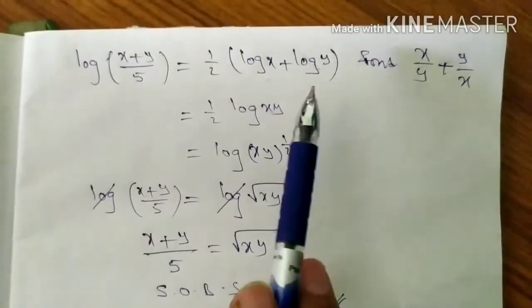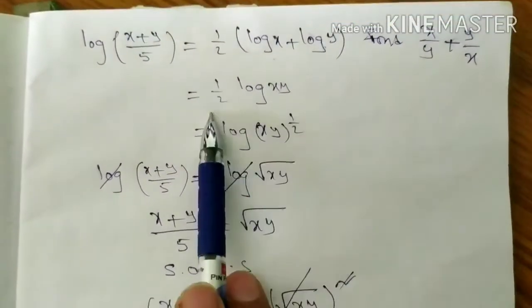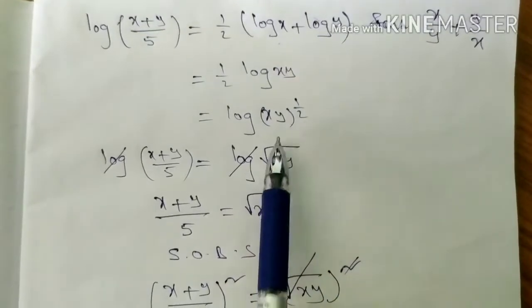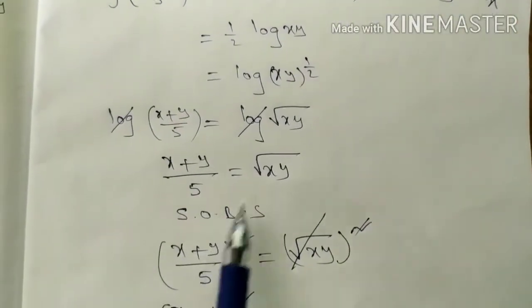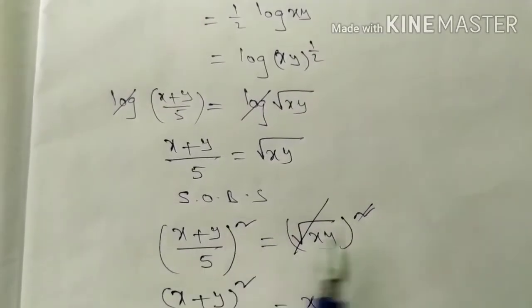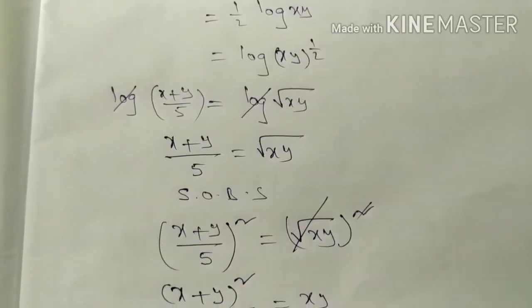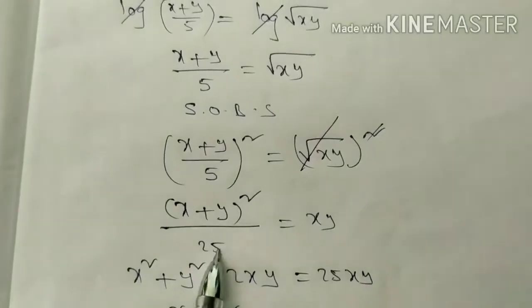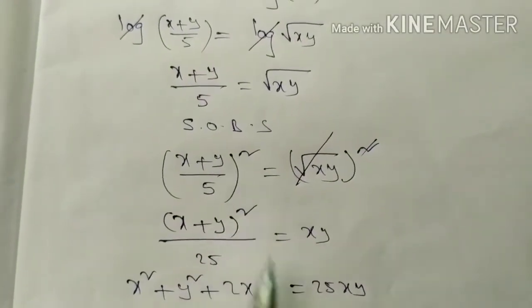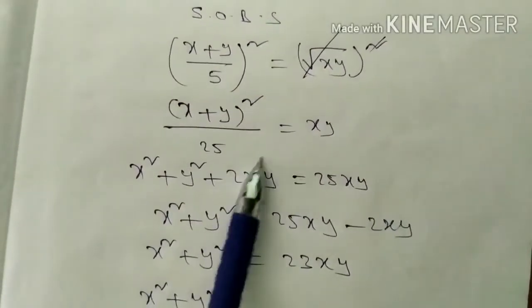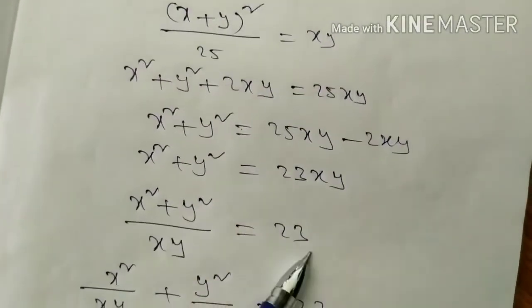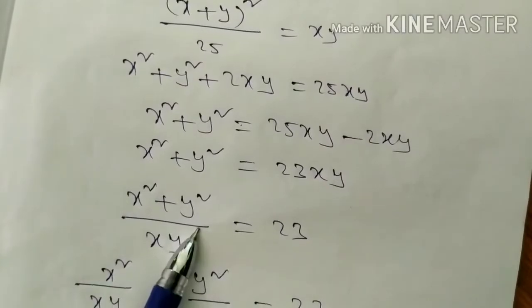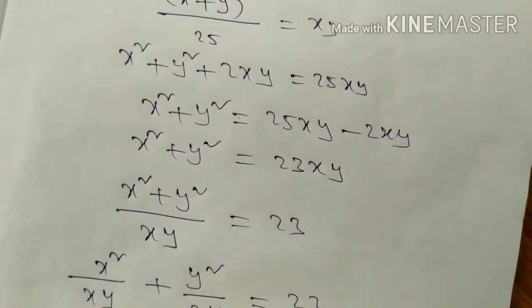So first onwards, once observe. Log x plus log y, log xy. Here 1 by 2 send here, as power, you will get that is root. Remove log, so root xy. Squaring on both sides, because we are removing the square root. Whole square applies, square root and square cancel, xy. Here 5 square value 25, 25xy. Here (x plus y) whole square, (a plus b) whole square formula, 2xy, and right side minus. So 23xy. Here xy is in the ending, here xy is in the ending; left side, each term divided by xy, x cancels, y cancels.